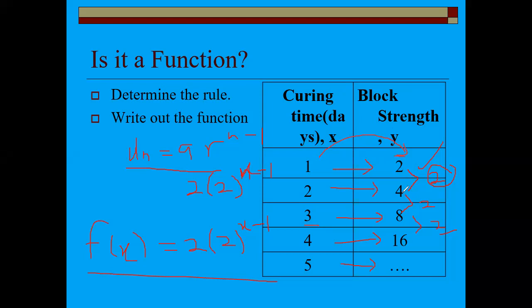There's a pattern. Let me change my marker. So 4 divided by 2 gives you 2. 8 divided by 4 gives you 2. 16 divided by 8 gives you 2. So which means that we are talking about a common ratio in this pattern here, which suggests to us that we are dealing with a geometric